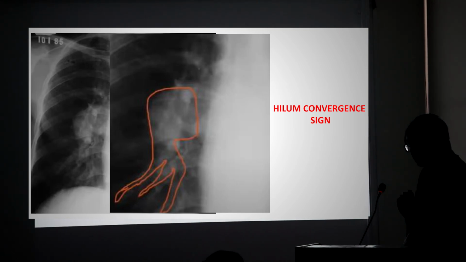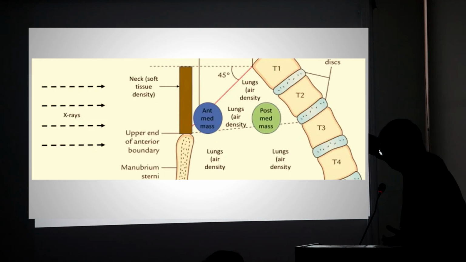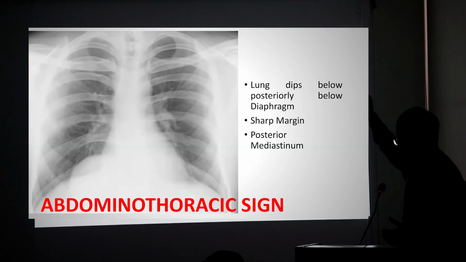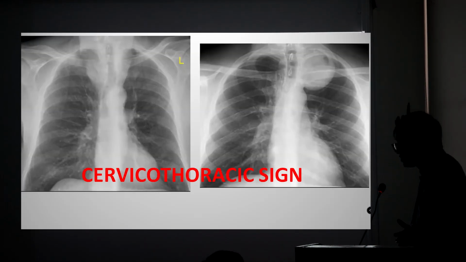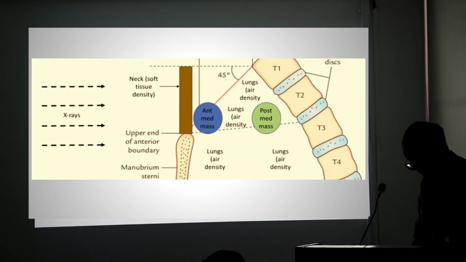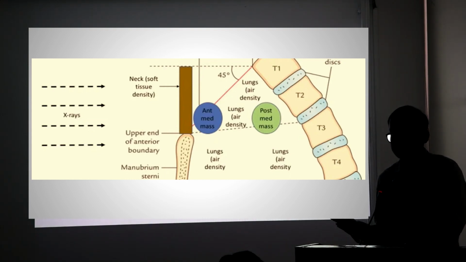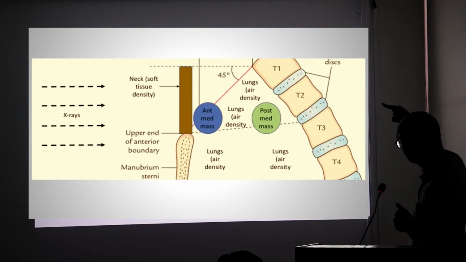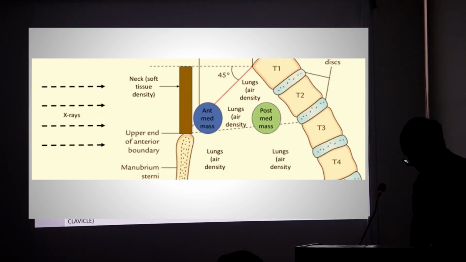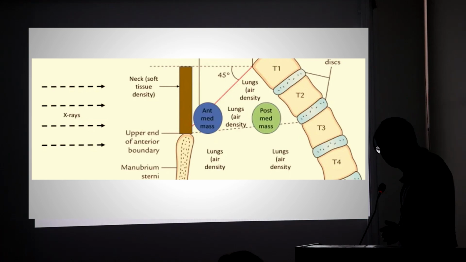Another sign I would like to show. There are two lesions. One lesion above the clavicle. Are the margins sharp or fuzzy? Which one is sharp? Right one is sharp and left one is fuzzy. I'll tell you the significance of this. When we are doing an X-ray, the anterior mediastinum ends at the level of the clavicle and the posterior mediastinum extends above. So if you get some lesion which has a sharp border above the clavicle, then it is in the